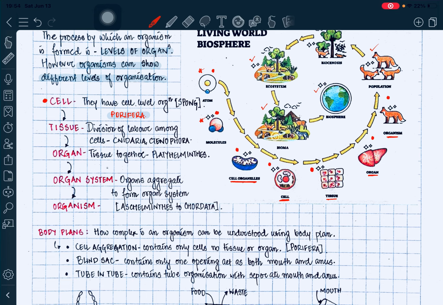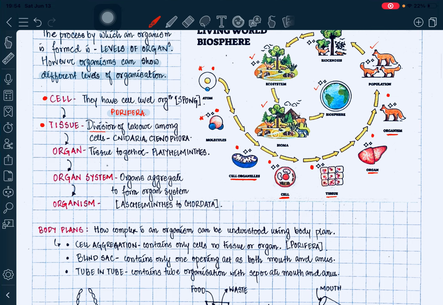Next comes, after the cell, a cluster of cells which are performing the same type of function, in which the division of labor has occurred. What do you mean by the division of labor? In case of an organism, you will see it is made up of a multicellular arrangement, right? So there are many cells. All the cells are not performing the same function. So some specific cells